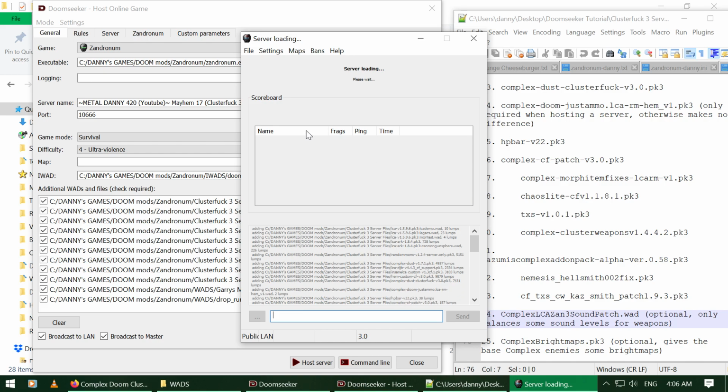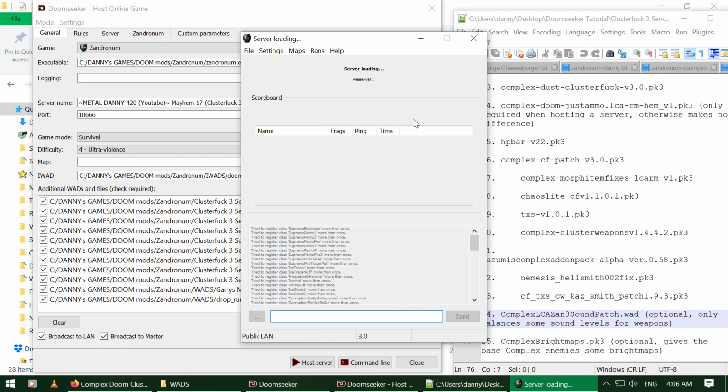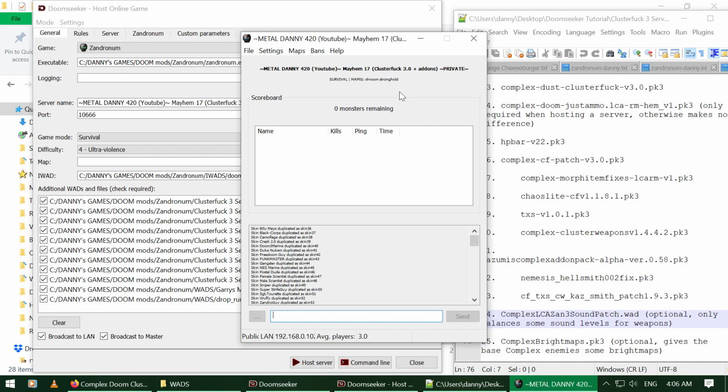It will start up just like the time I showed before. There's not much to it. All it takes is the right order and compatible files. Once again, it will take a while for all the files. It was a lot. It doesn't have to be that many. It can only be 1 or 2 files.